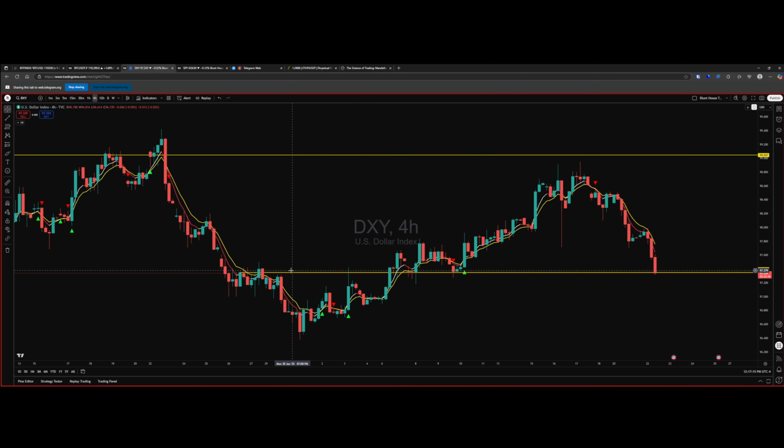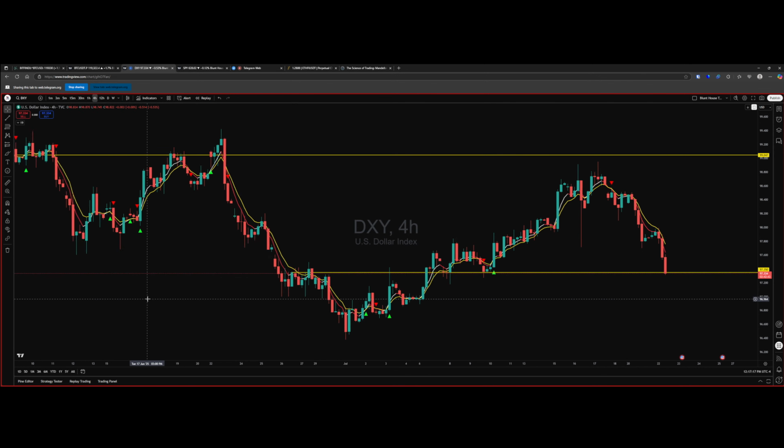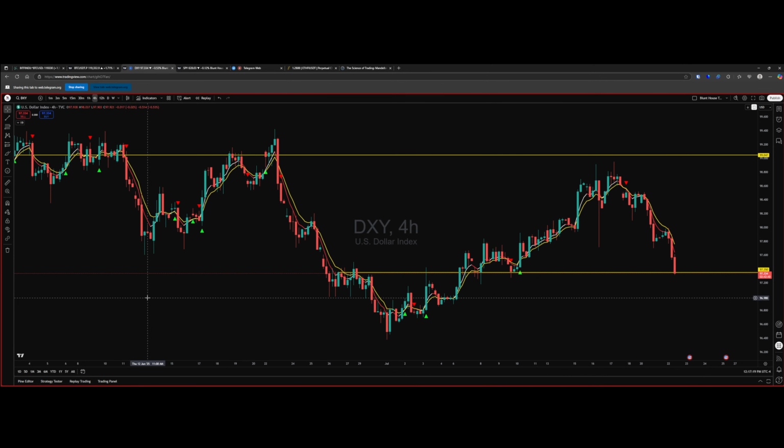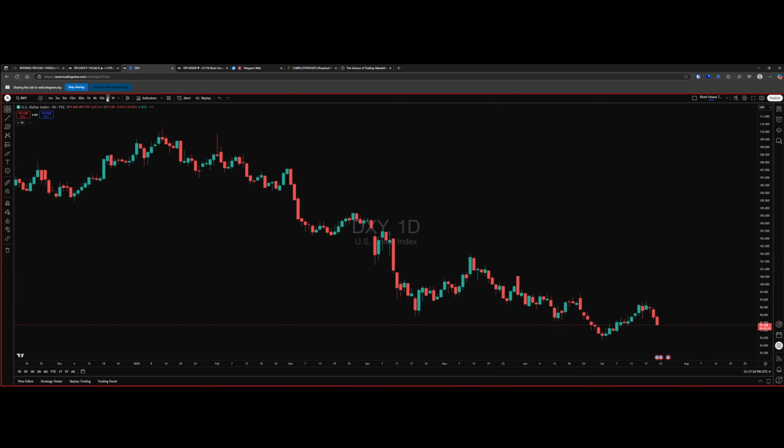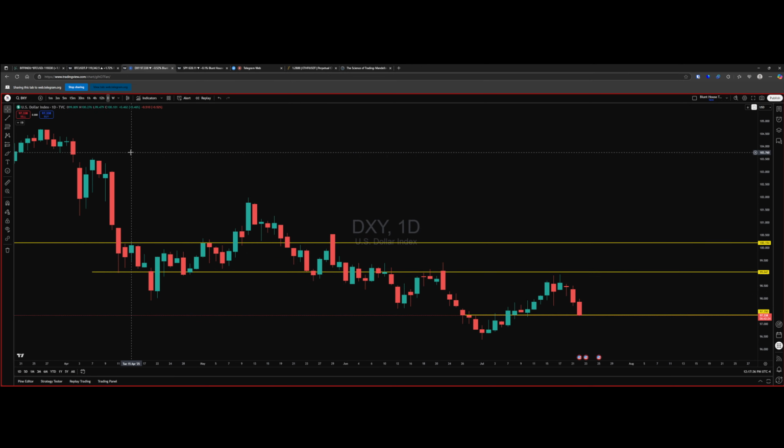So this was a level that we thought, hey, if this continues to break down, that's what it might find. Honestly, I did not think at all it would hit it today, because that's quite a drastic move that you see there. And again, this is the 4-hour chart. This is what the daily chart looks like, just as a reminder. Here's today's candle, and you're showing a sell signal on our script on today's candle. But let's go back to the 4-hour.